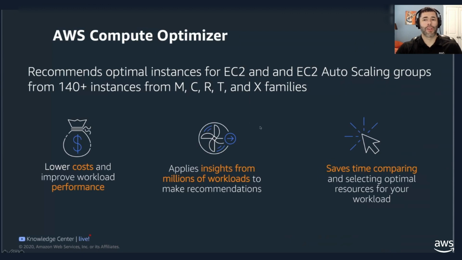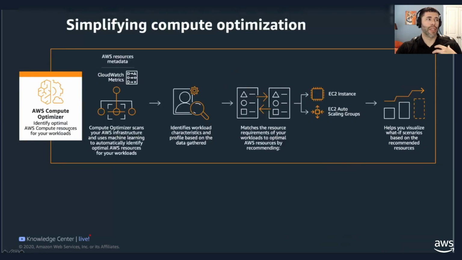And if you're not familiar with those, you can look. The Elastic Cloud Compute has a variety of different instances that are available for, say, memory optimized or compute optimized in some different areas. And so we go through that and make some good recommendations based on these things. So we see that we take into account, once you opt into the Compute Optimizer, it takes you